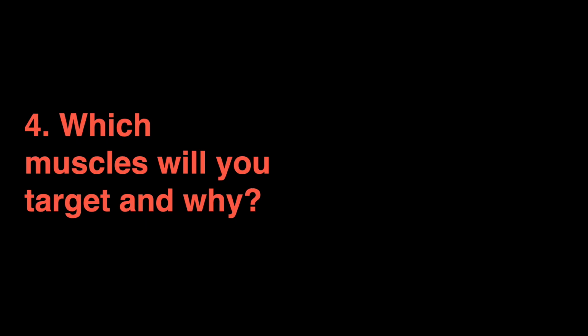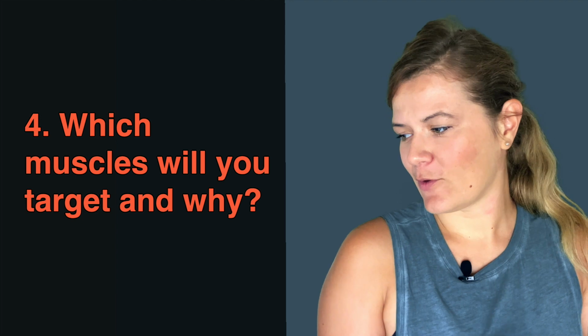Okay, so let's move on to question 4. Which muscles will you target and why during your massage? This is a huge question, because we have addressed in questions 1 to 3 that your client has postural dysfunction, let's say, in the neck, in the back, and in the hip joint. However, even though we know that there's dysfunction and there's opportunity to correct these areas, he has come in specifically